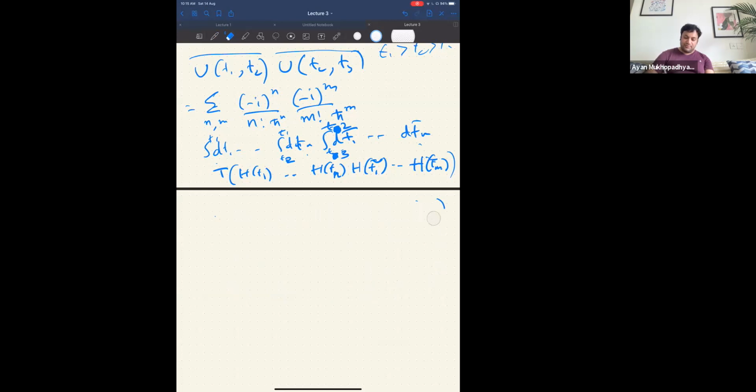Okay, no, before that I have to take another step. Maybe that's a better one to do. So here this n and m are just running separately from 0 to infinity, right? What I can do, I can think of this in the following way, that I can rewrite the sum over n, m equal to 0 to infinity of (minus i to the power n by factorial n h bar to the power n) times (minus i to the power m by factorial m h bar to the power m),